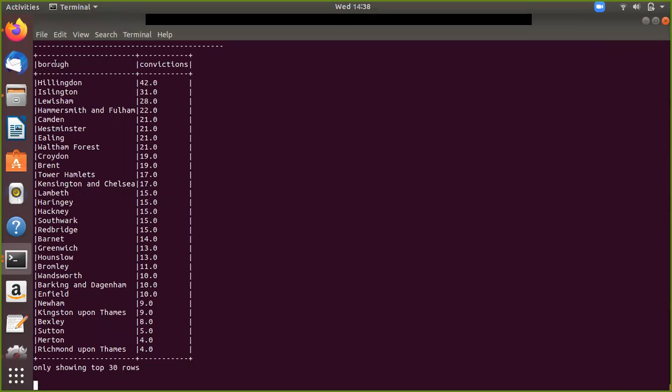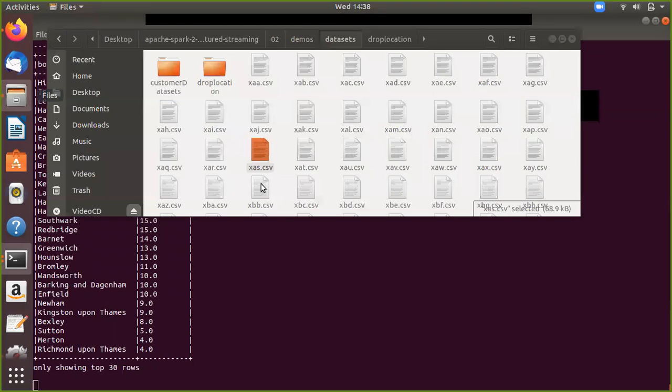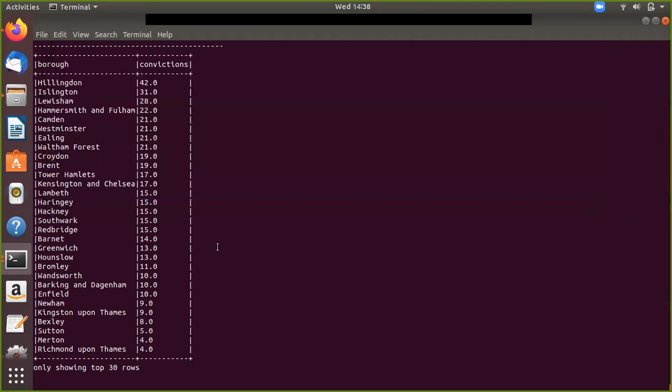So this is the first output I got, borrow convictions. For each borough, the total convictions is printing here. And I will do one thing, I will copy one file to this again. So it will do the aggregation process.